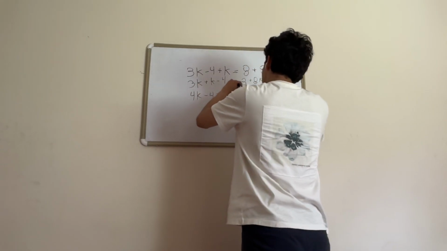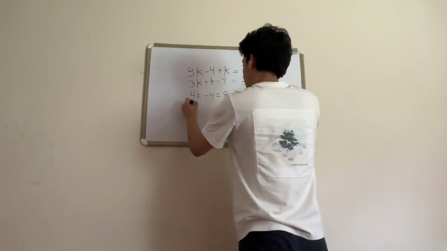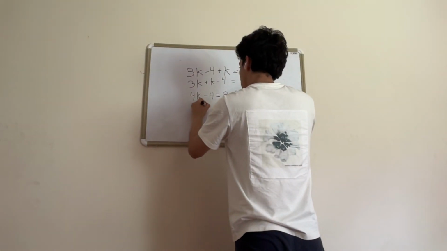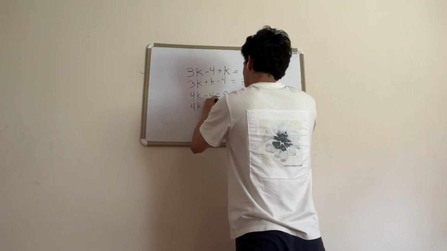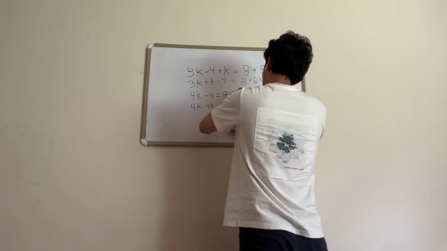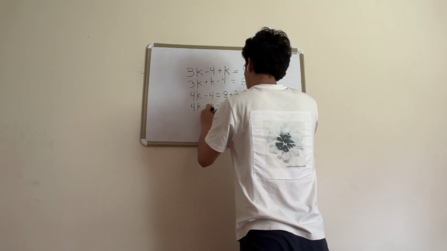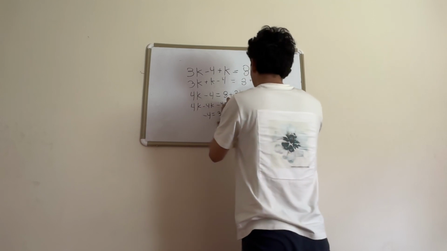Plus 8k. And now here's the thing, we gotta combine them, so I'm gonna move this one to here. So minus 4, minus 4. Okay, that leaves us minus 4 equals 8 plus minus